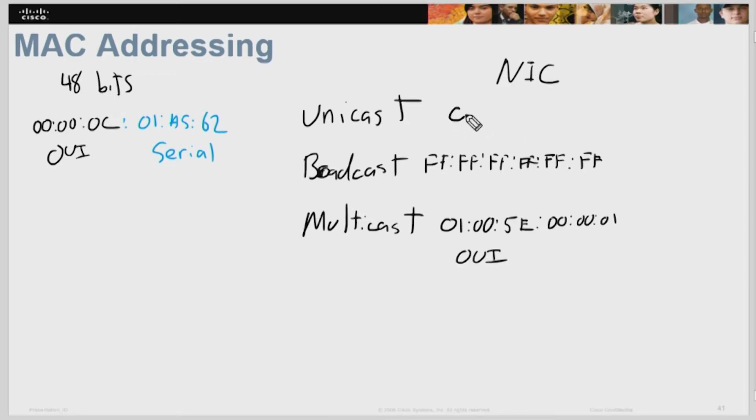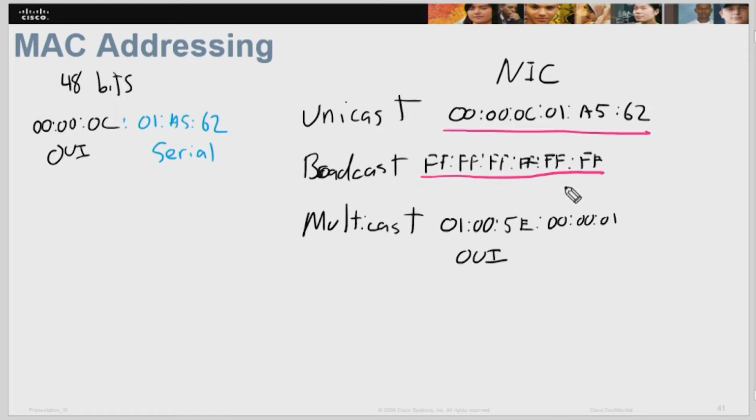It's listening for its MAC address. So in the case of this Cisco router, 00000C, 01, hexadecimal A562. If the router hears that MAC address right there, as long as it's associated with that router, it will process it. If it hears this broadcast address, it will process that and look at the other layers, at the other headers behind it. If the router is set up to listen for multicasts and it sees this, it will